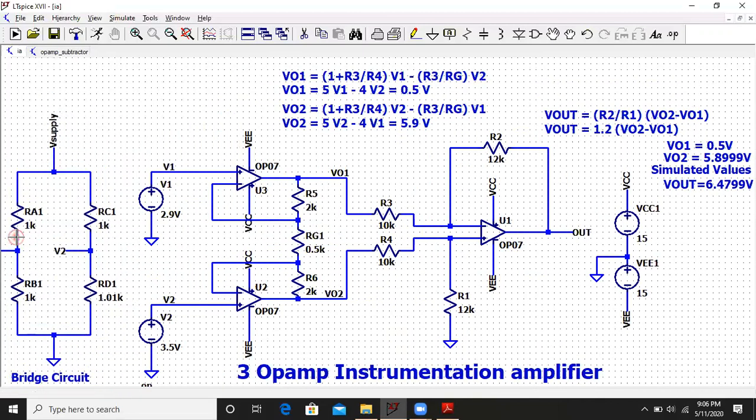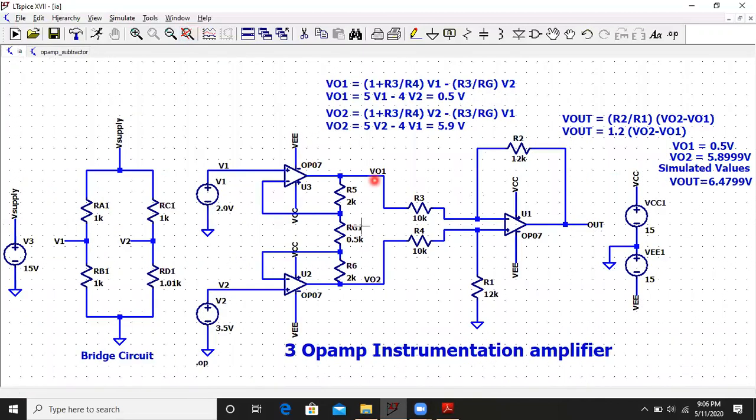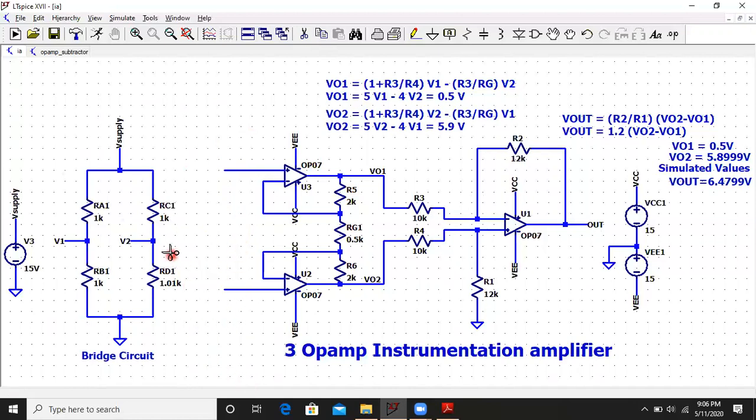Yeah, this is the right position to paste it. So our circuit has become quite big, so we don't want this unwanted V1 and V2 now. So we'll remove it from here. We'll directly apply the signals from here. So we'll directly interface this. So here we'll directly apply from the bridge network.